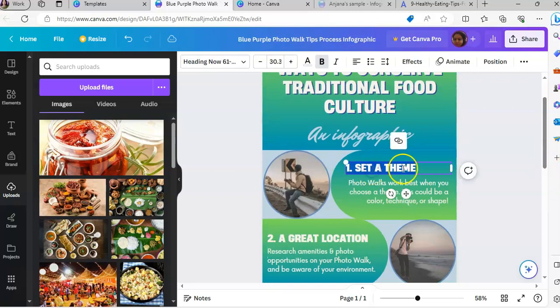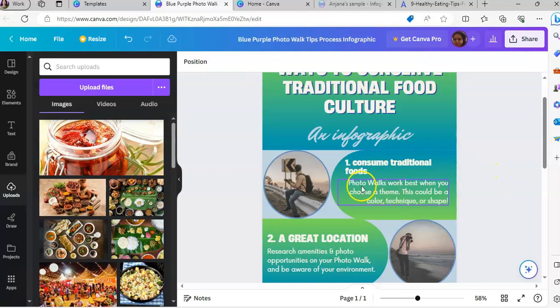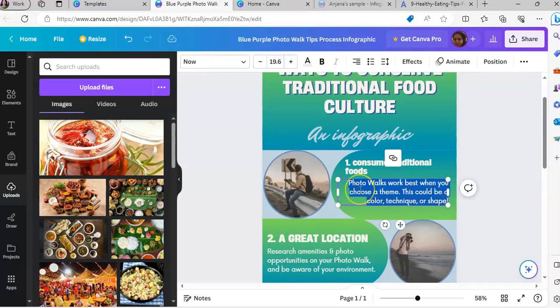So let us say I'm going to write my first point. These points may vary. I am writing it as per my knowledge. And I will just decrease its size a bit so that it fits in one line only. Okay, it's not fitting, so I can just move it on top. Now in this, I am going to write